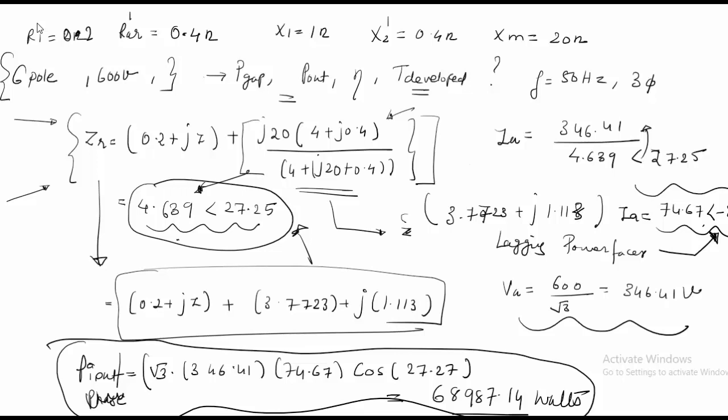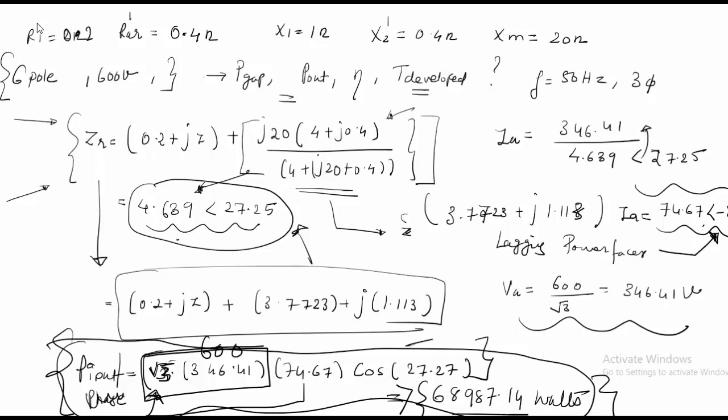So again, to find the input per phase, what you have done is you have multiplied it by root 3, so you are getting the line voltage here. So you are multiplying it by 600 here. So when you get a value here, you multiply it by root 3 to convert this into the line voltage. So this is a power, line to line power output. If you are multiplying it by 3, you will get the total, if there is a 3 phase